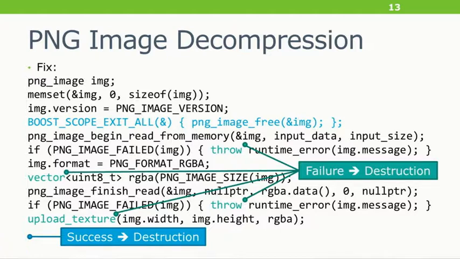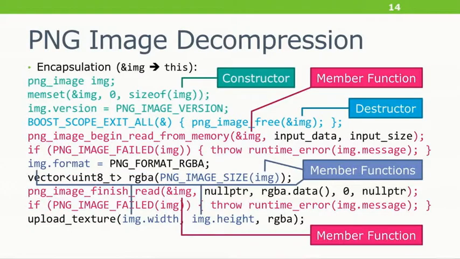If we're going to be working with this library a lot, there's actually a skeleton here, and this is one of the things I would like to show you how to see. Ideally, we would encapsulate this code. What I've highlighted here, and I had to use 4 different colors, is that the stuff in teal, that's really a constructor. We're constructing this handle thing to talk to the library, and that's actually no fail. And then the thing in blue, which is being taken care of by a scope exit right now, that's a destructor. That is going to release this resource we've acquired from the libping library.